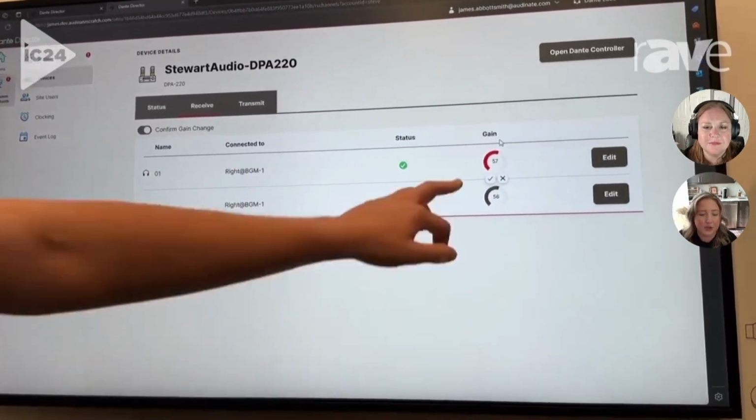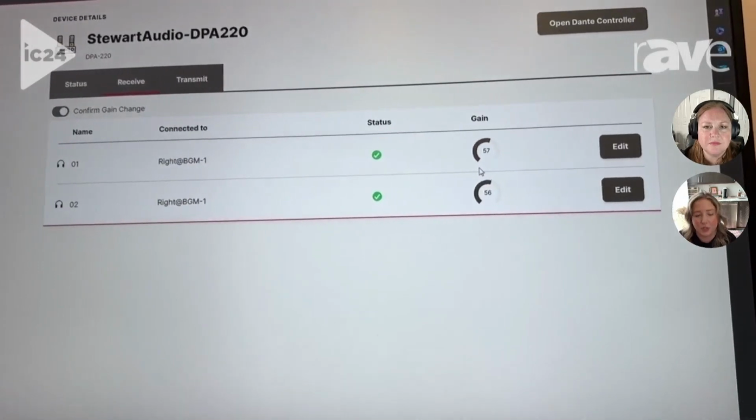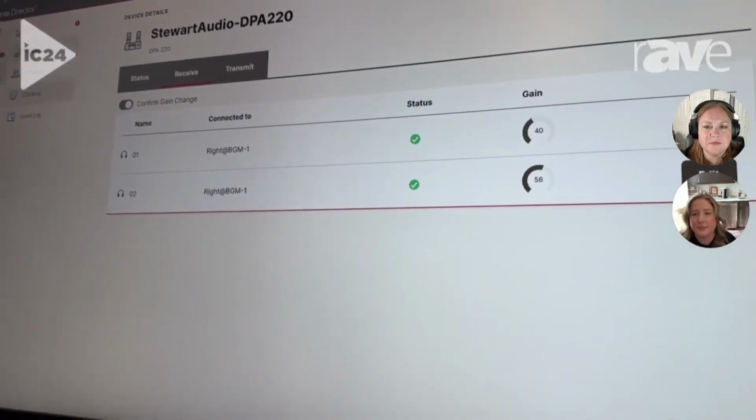Dante devices are also capable of sending status events that can be viewed using Dante Controller. These include changes in clock status or network interface changes. We also get status and monitoring information from the device. So if I go back over to the...